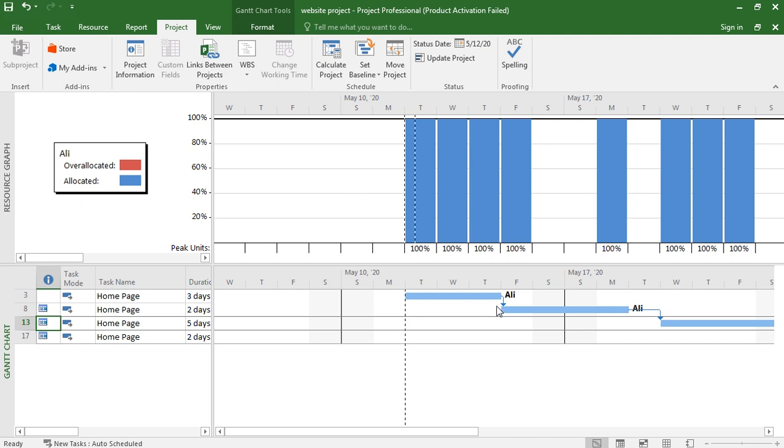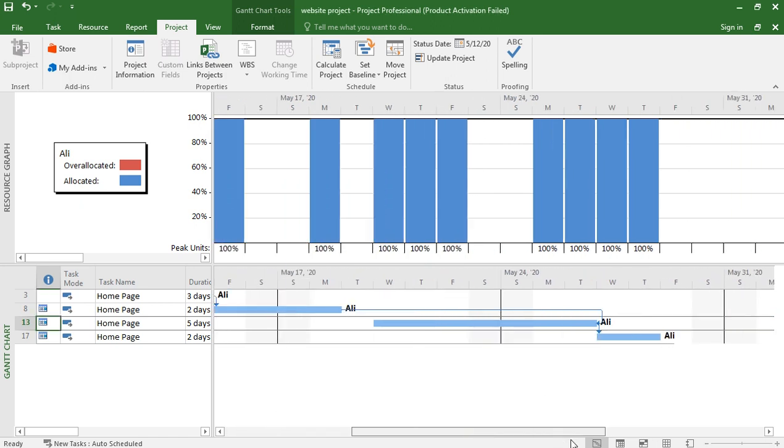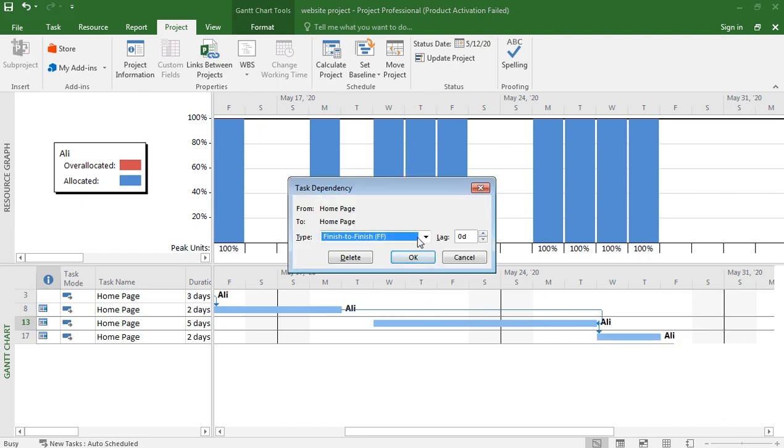So it depends upon the scheduling technique. For this we can define another scheduling technique. For example, finish to finish. When this process ends, the next process will end. If you press OK, you see the graph. This process finishes, then the next process finishes.